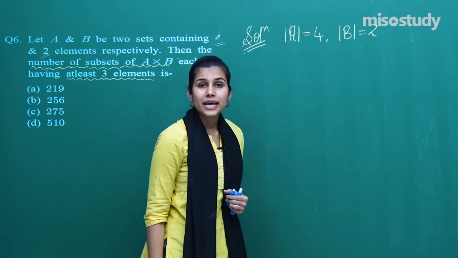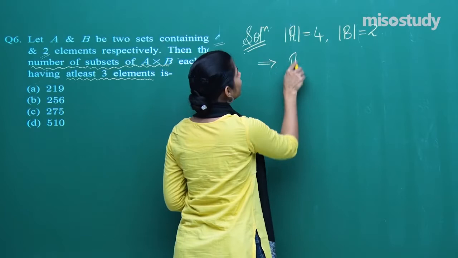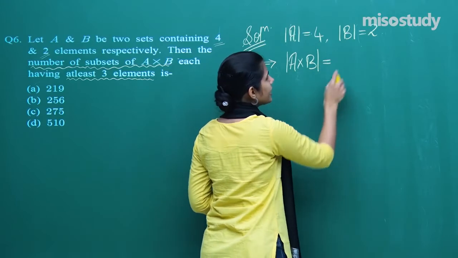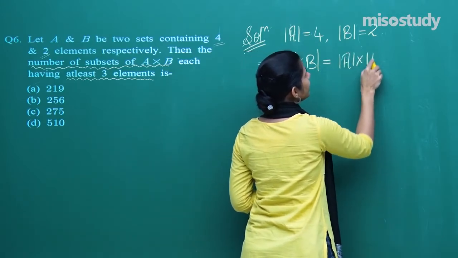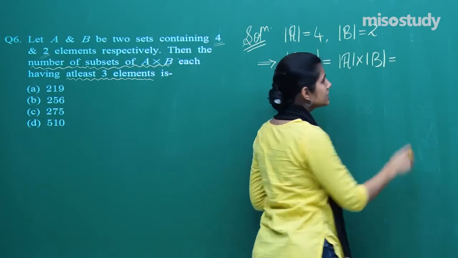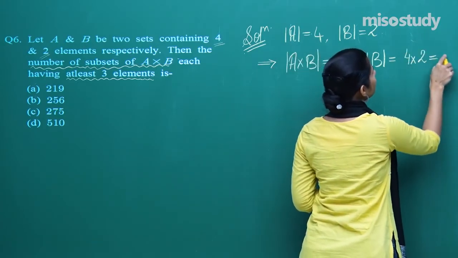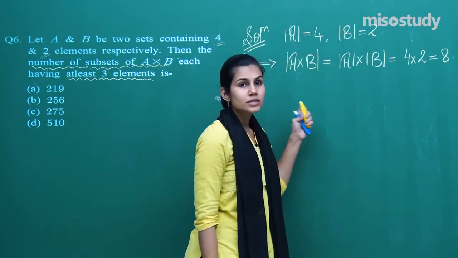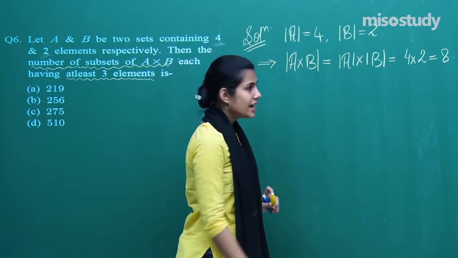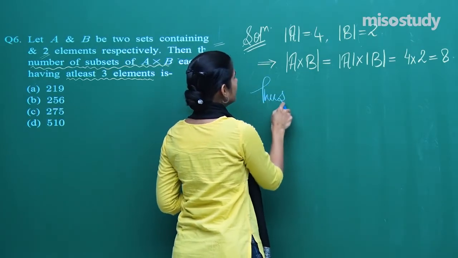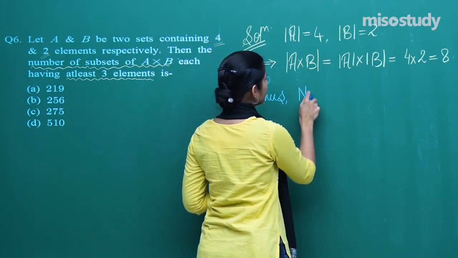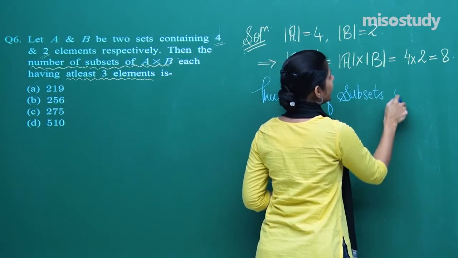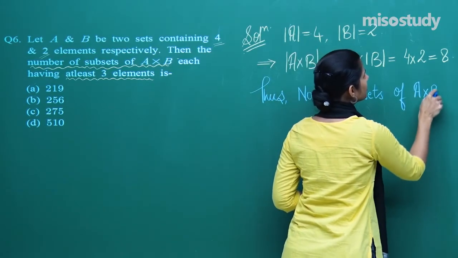A has 4 members, B has 2, and this implies A cross B has how many members? Well, that is what is the cardinality of A cross B, which is cardinality of A into cardinality of B, which is 4 into 2, which is 8. So, if A has 4, B has 2 members, A cross B has 8 members, and thus number of subsets of A cross B having